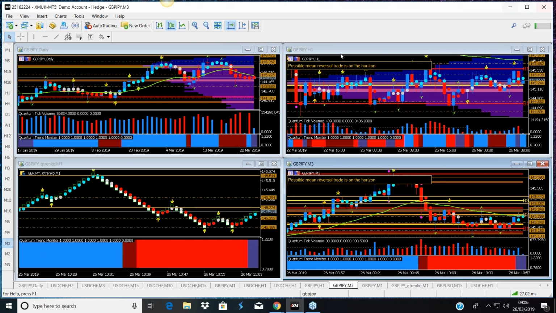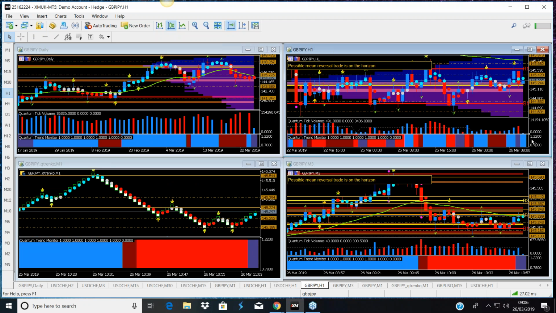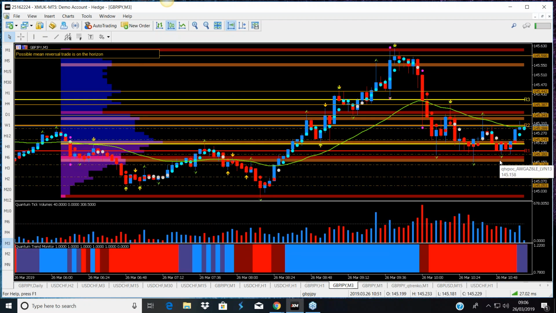All I would say is, by looking back at the hourly chart, we know that the pair is in a congestion. So what we see on the faster time frames, it's not in a trend on a slower time frame. So we have to look out for incidences like this. Maybe the congestion on the slower time frames is being compressed. Anyway, it carried on higher.